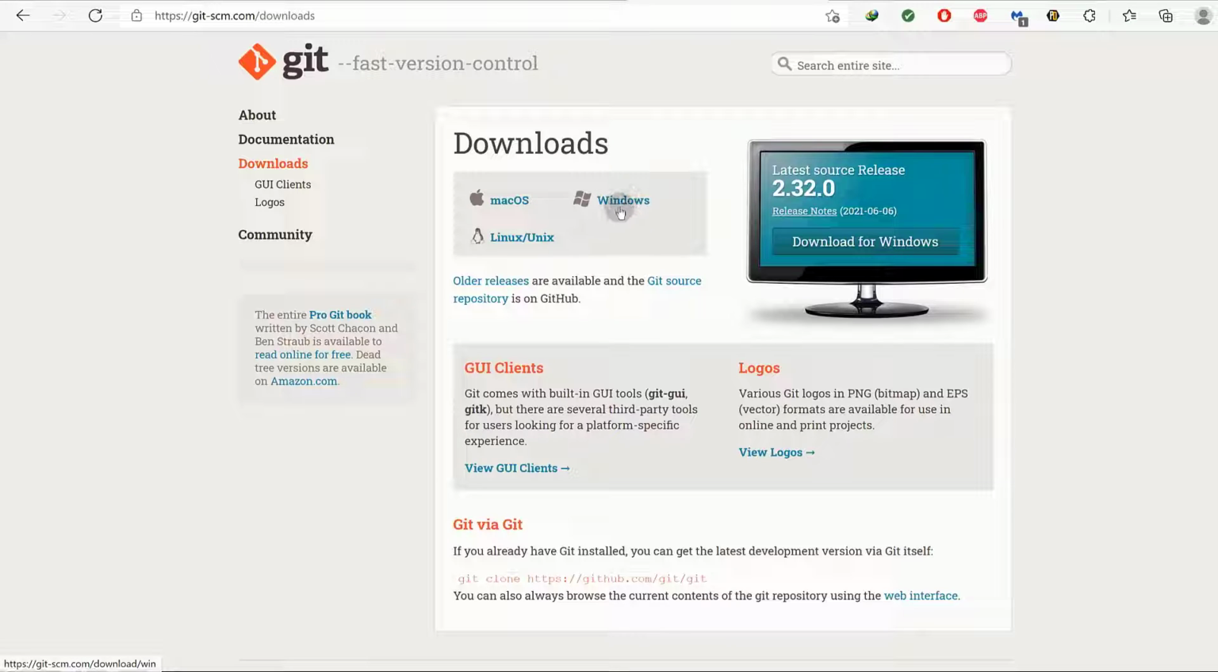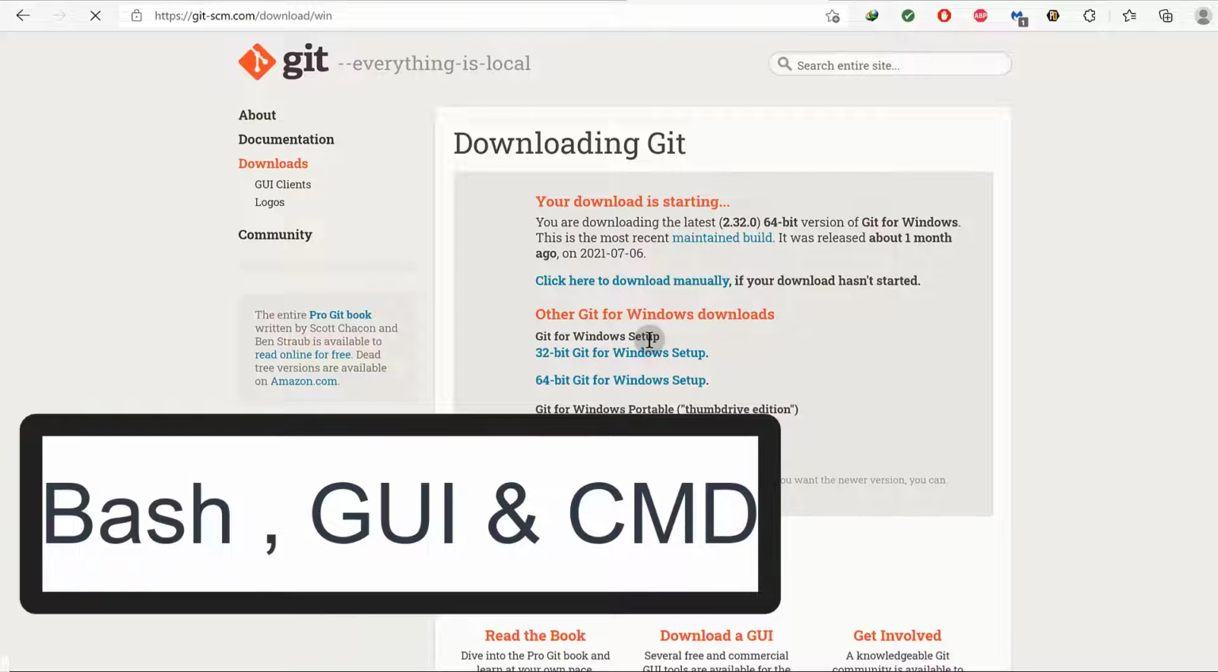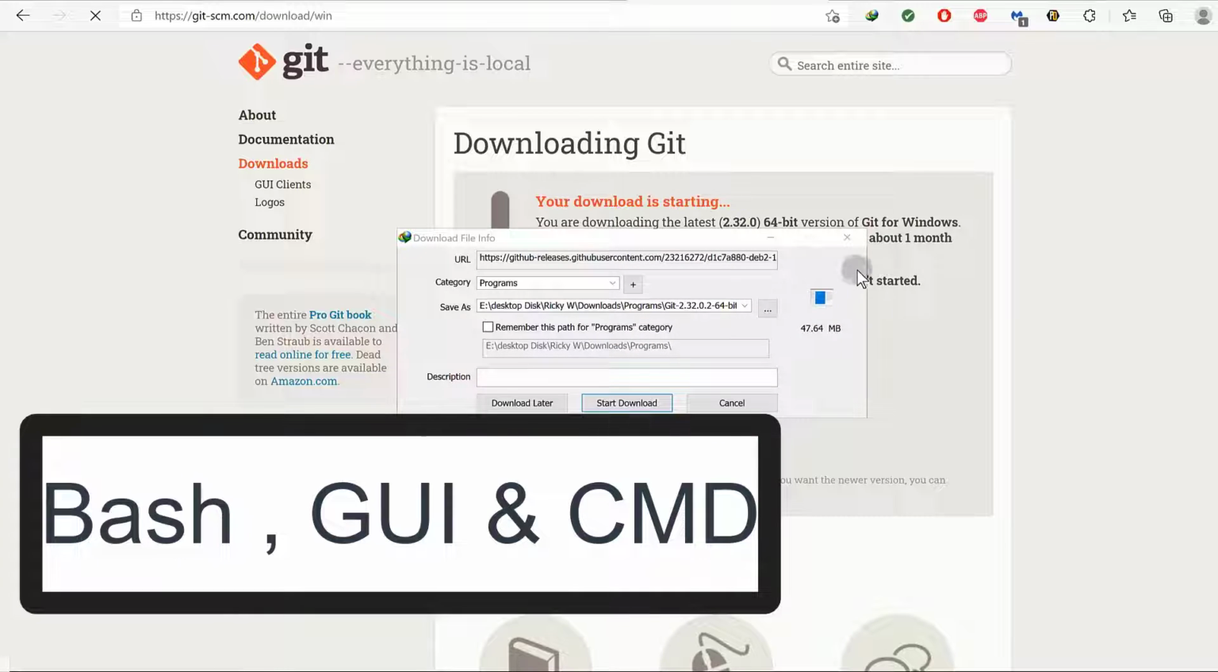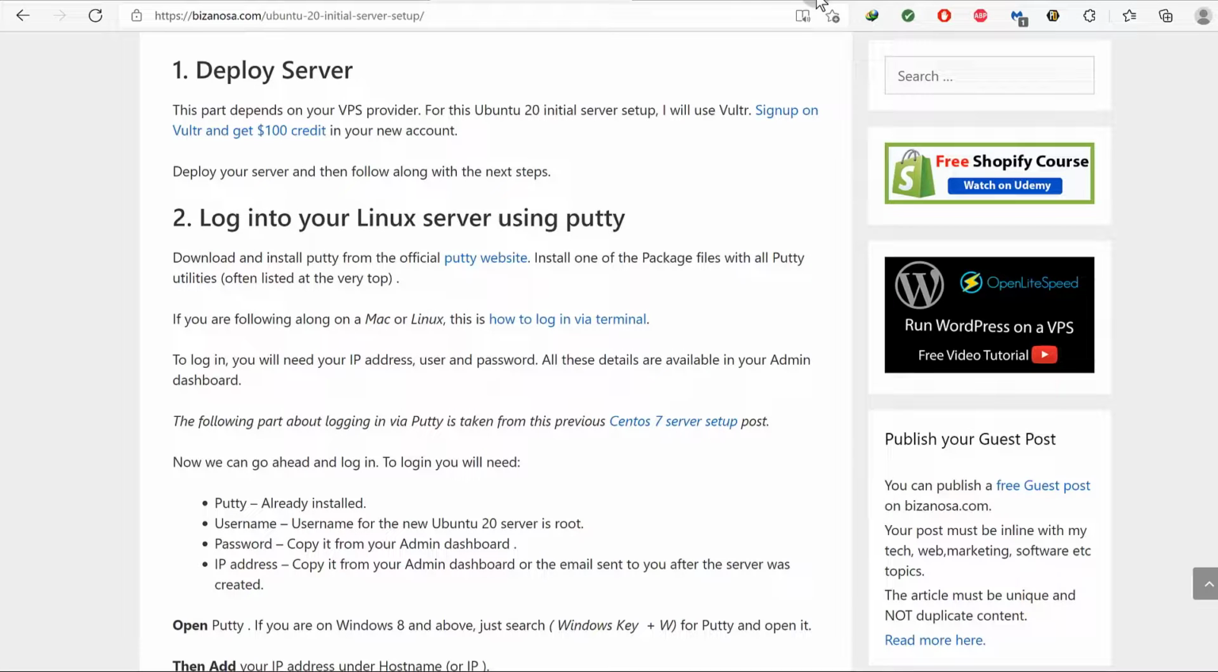Now, if you don't have it and you are on Windows, just click there and download it, install it, and it's going to come with everything you need. It's going to come with Git Bash, Git GUI, and Git CMD, but we only need Git Bash. So once it's downloaded, make sure you install it, and we will start in the next video, and we're going